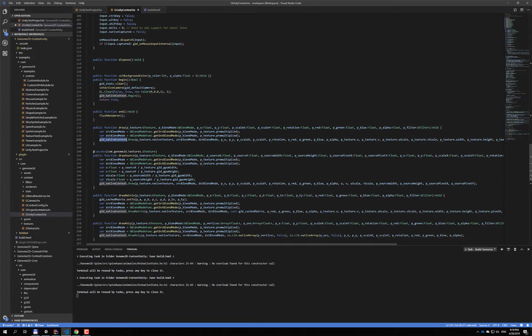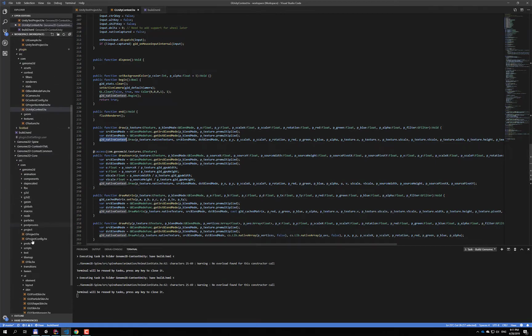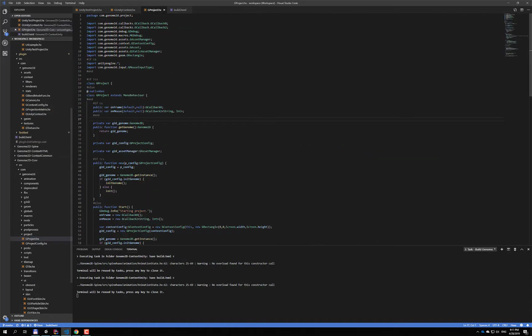So I needed to find this bind point for Genome2D, because in WebGL, in Flash targets, in C++ targets, Genome2D runs as a main, or your project runs as a main, and it binds and creates the context. It runs its own update method and stuff like that. For Unity, this was not so clear, and what I had to do, I created